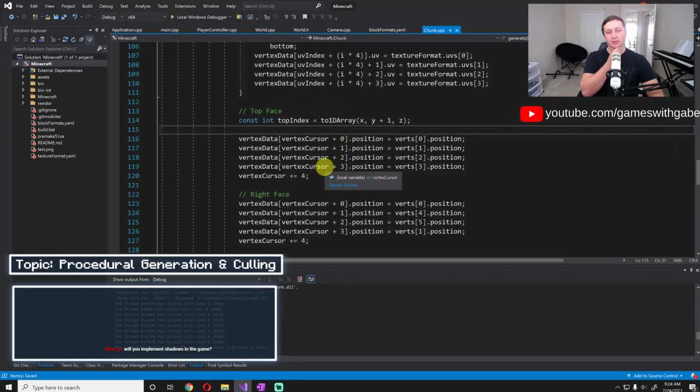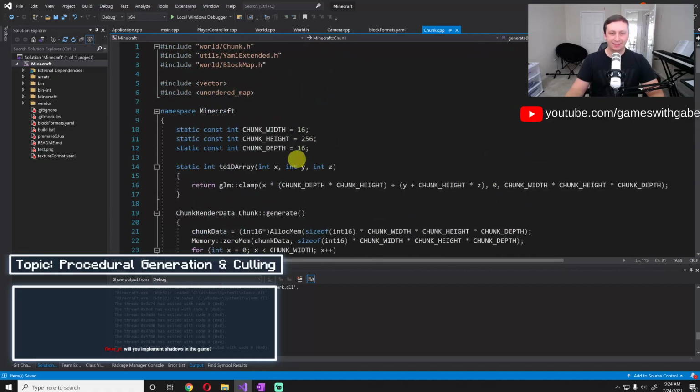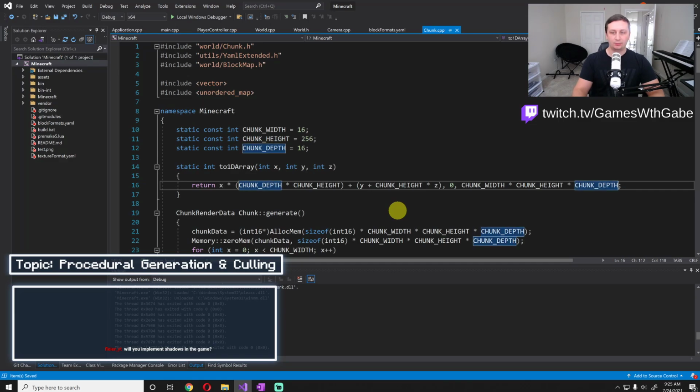The only problem we might have with that approach, though, is, yeah, I'm not going to do that actually. Because the problem we might have is, if you're at the top of the chunk, then this could return another block, and then you would think that you have to actually cull the face when you don't really want to. So instead of doing that, what I'm going to do is